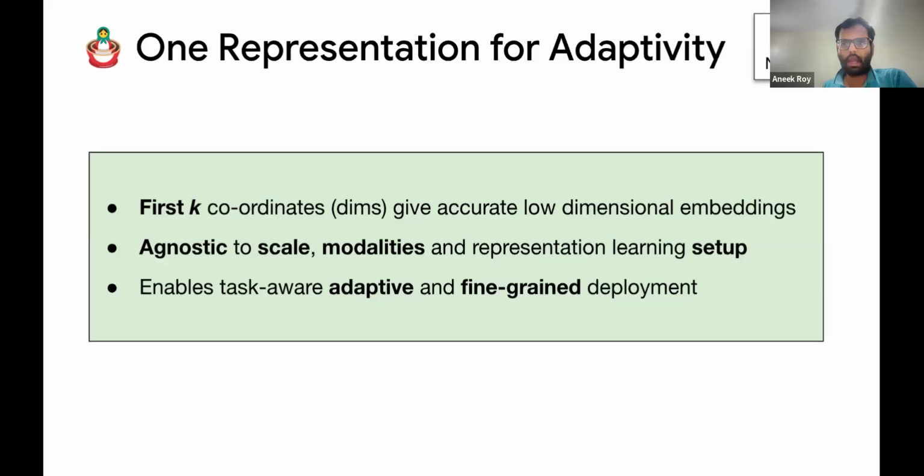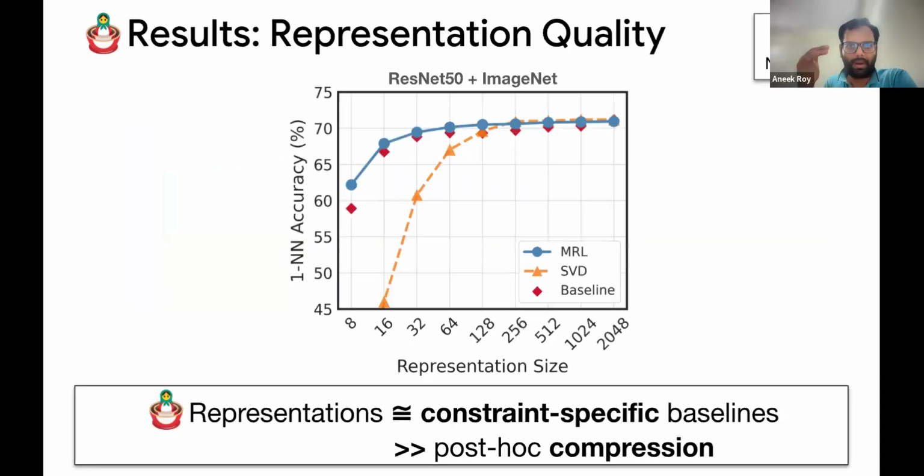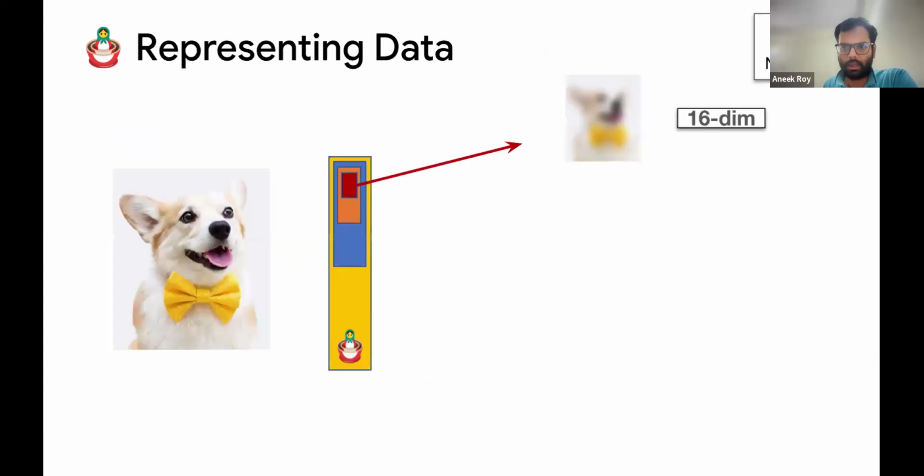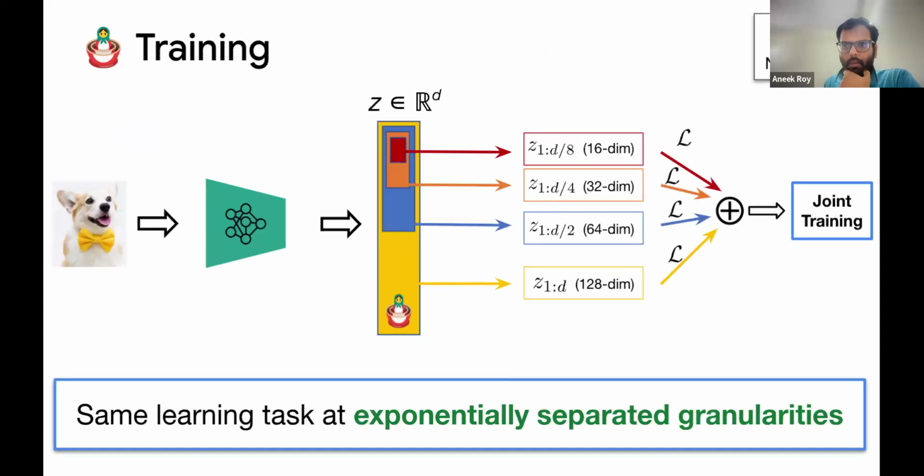Yeah. Hi. I also had a question. He said it doesn't matter whatever dimensions you select with respect to 16, 32, 64, 128. But once you select the first 16 and then the next 16, how do you ensure that the first 16 will be the best out of the next 32, 64? What is the loss function, the optimization that you are working on? That was my question, and once you have ensured that, what is the methodology?